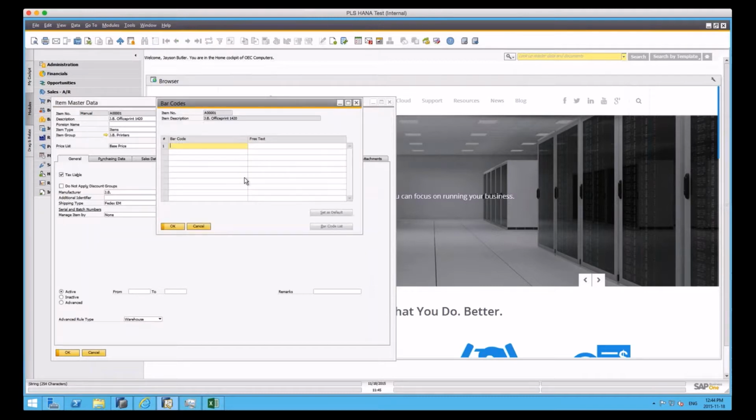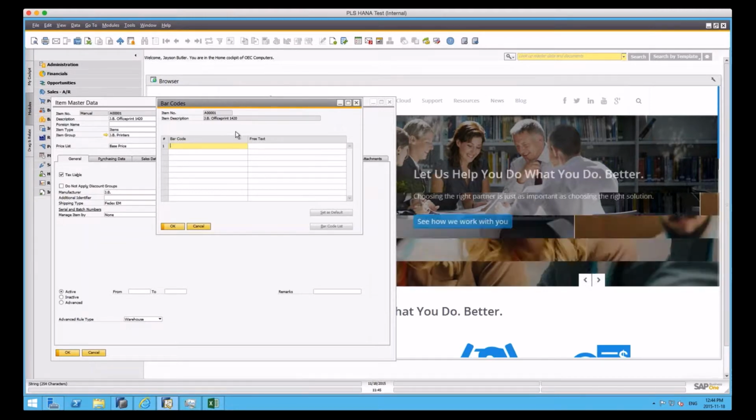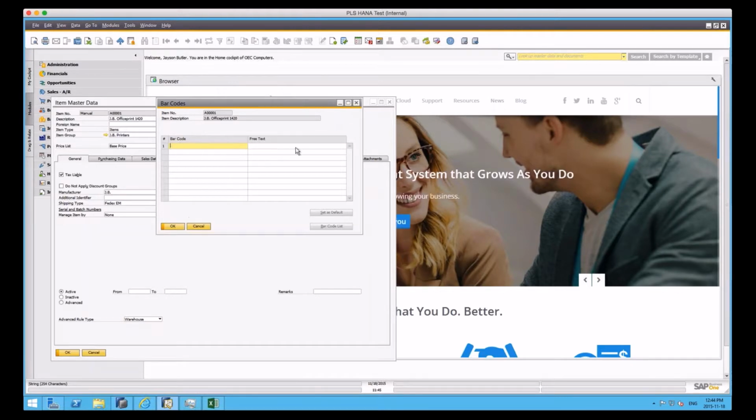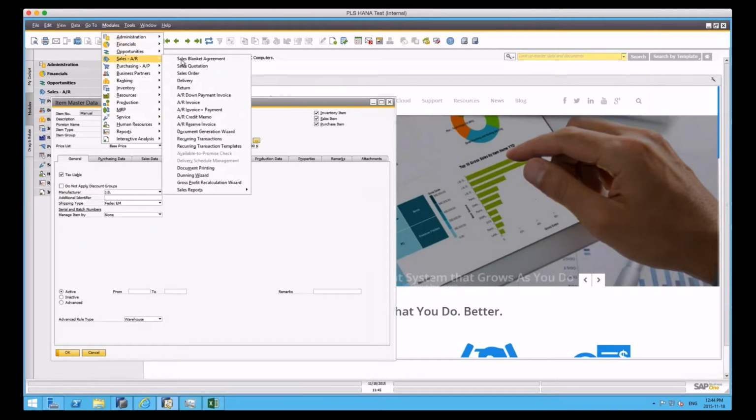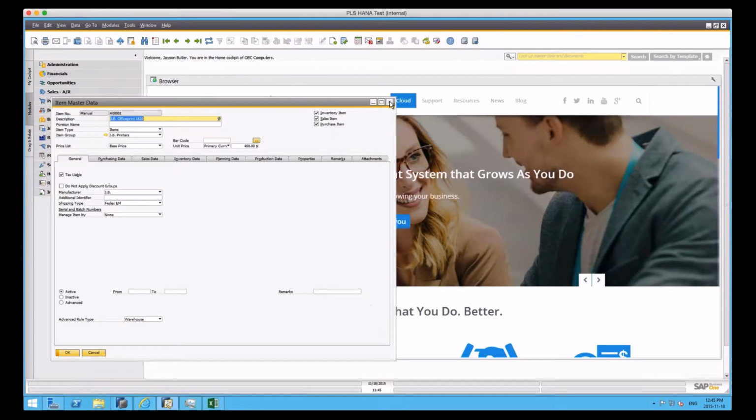And if I click on my barcode, if anybody has used the barcoding functionality in 9.1 with units of measure on, you'll note that you have some unit of measure functionality available to you within barcodes. Now all of that functionality has been removed. If I take a look very quickly at a delivery document, and I'll just scroll to the side as we were before, that column, the unit of measure code column, it's gone. So basically what we've done by removing that functionality is we've removed any significant reference to that functional area in the entire system, which can be convenient